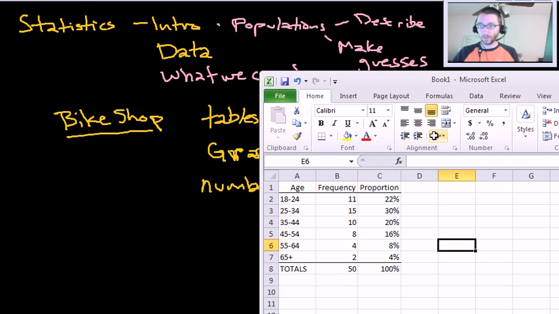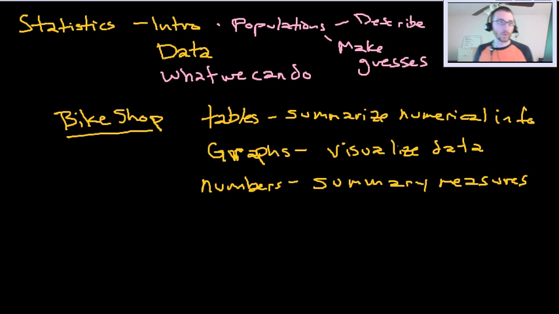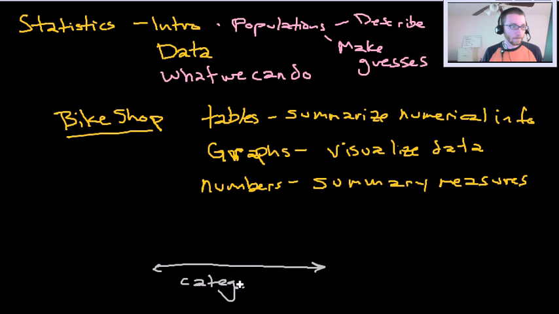Another thing we can do with this data, once we have it, is we can present this as a chart, as a bar chart. Right? So Excel also makes this very easy to do. Just to give you an idea what a bar chart is, in case you've never seen one before. Usually we have a horizontal axis here, and what we put down here is our categories. And then on the vertical axis, we have some measure of our frequency. Right? And then by category, we'd have a category here that's that high, a category here that has this frequency,